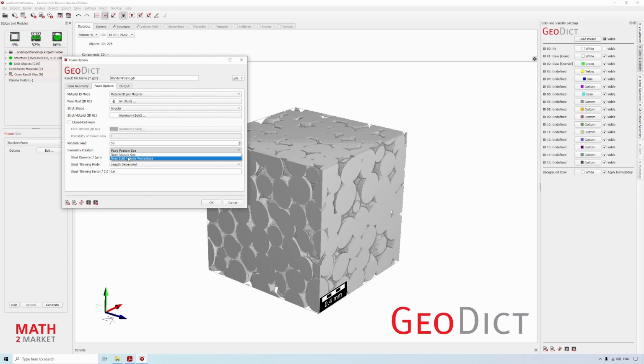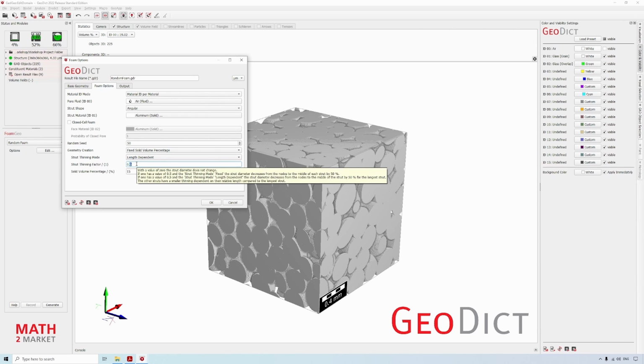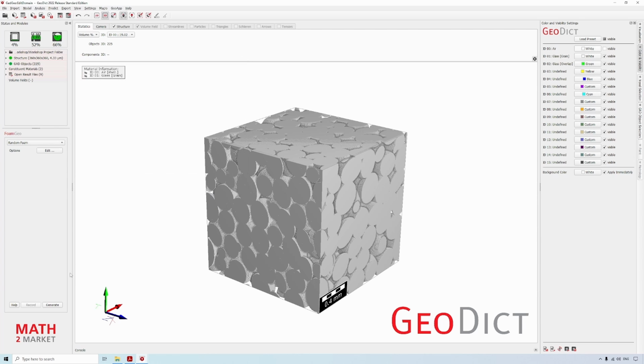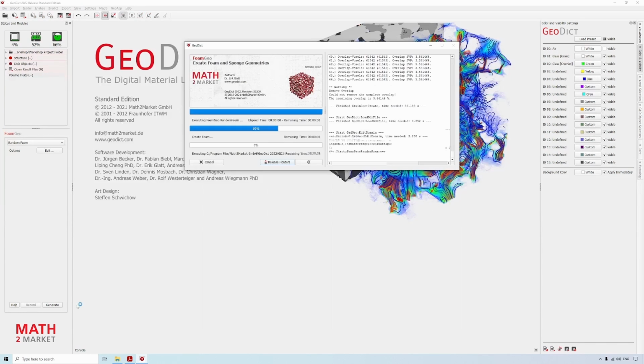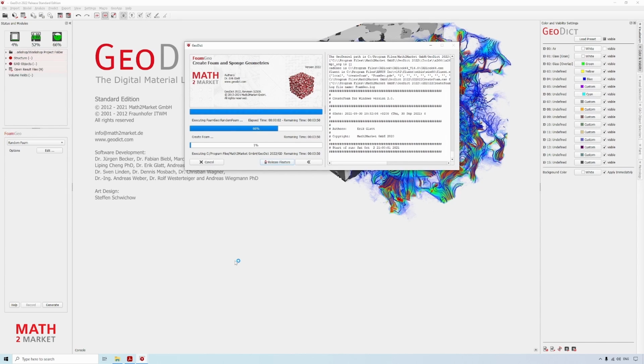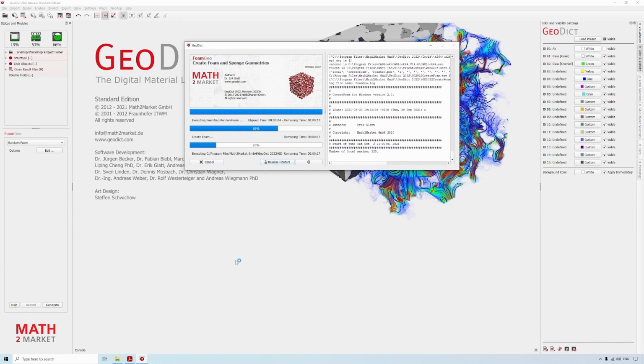If we select that we want to give a given solid volume percentage, we set the strut thinning factor to 0.3 and the solid volume percentage to 17. We click OK and we click Generate. This will take again now 1 to 3 minutes depending on your computer.